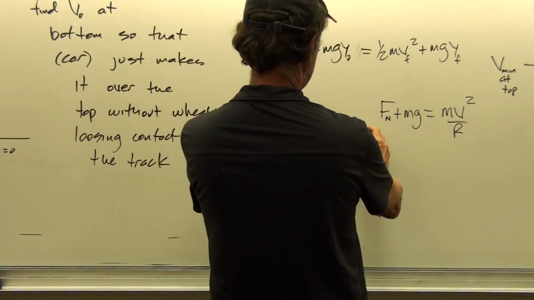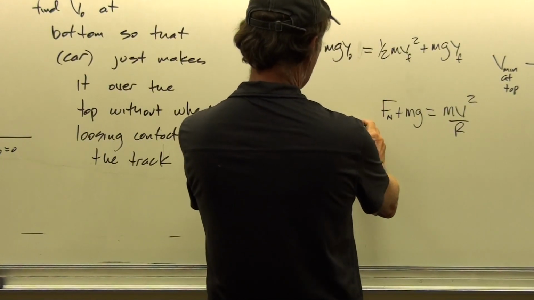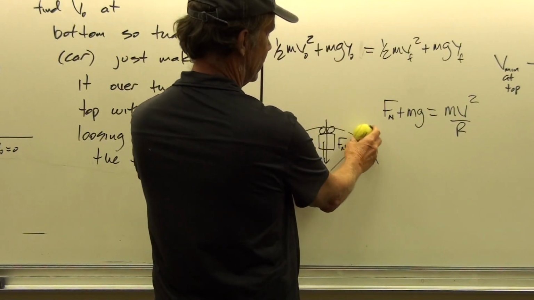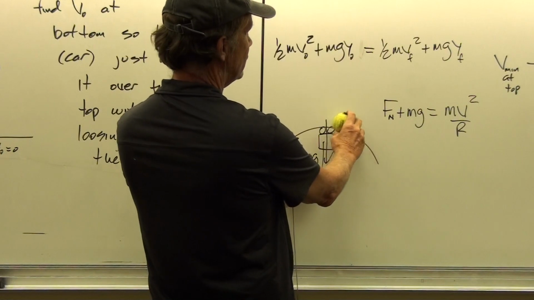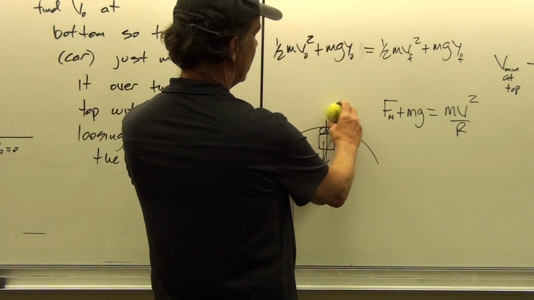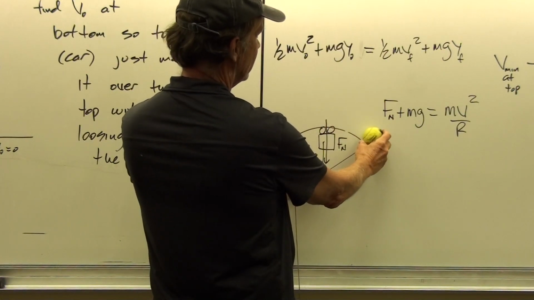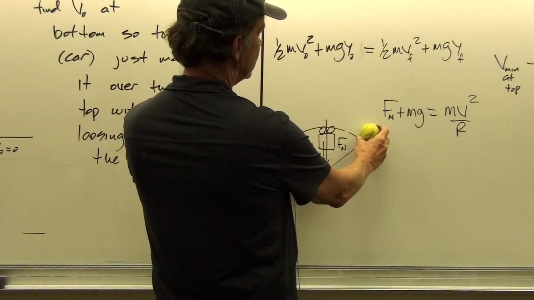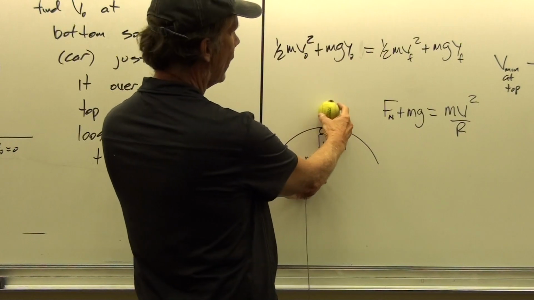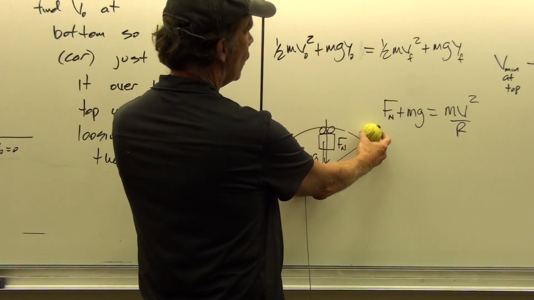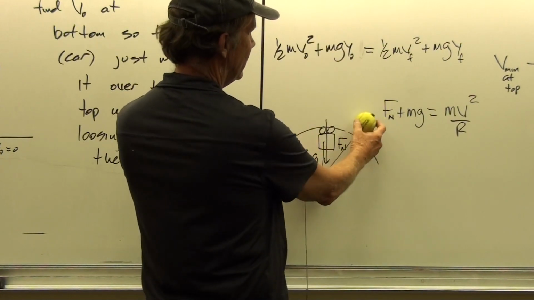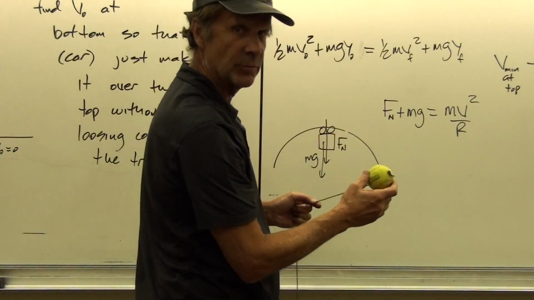The tension here has to be more than the tension here, okay? Because it's moving faster at this point, because the kinetic energy is decreasing, right? So that means the tension has to be bigger here than it is there. And also, the component of gravity that is acting toward the center is smaller here. Here it's all of the gravity acting toward the center. Here, only part of the gravity is acting toward the center. So it's moving faster, which means more tension. And you're getting less help from gravity, which means more tension.